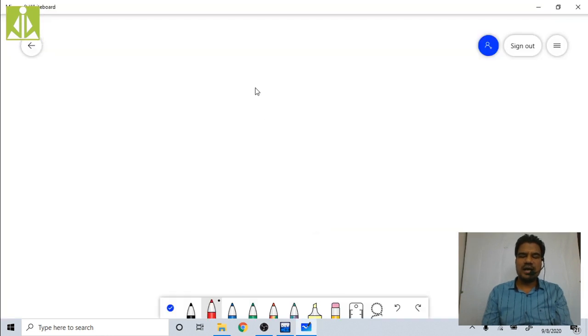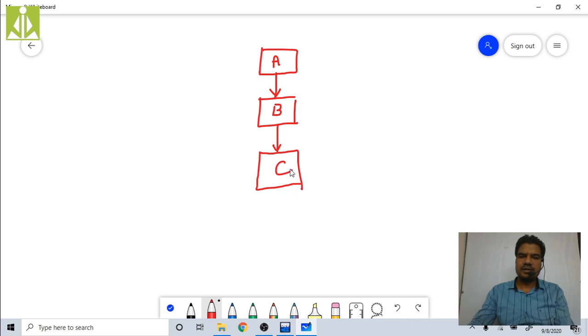So here our class hierarchy is something like this. First we have class A, then we have our class B. This I already have shown to you. Here we have class A, and then we have class B, and from this we are deriving class C. So this is my class B, and then we have class C. So like this we have the hierarchy.